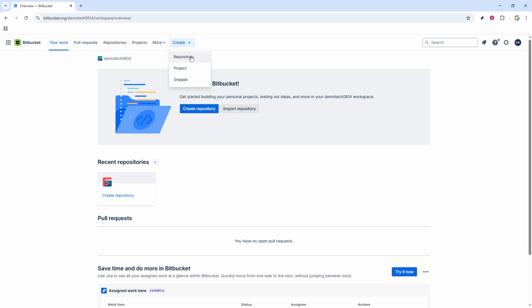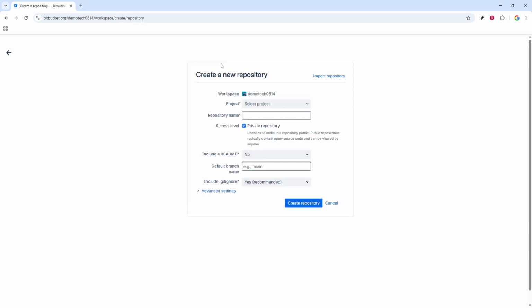options. Now you'll be directed to a screen where you can fill in all the necessary details for your new repository. Start with selecting the right workspace, which is essentially the organizational layer where your repository is going to reside. If you have a specific project you want this repository to be linked to, you can select it now. Alternatively, you can create a new one if this is a fresh start or if your existing projects don't quite